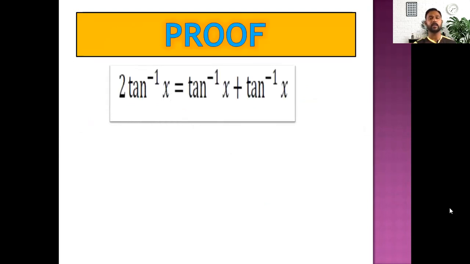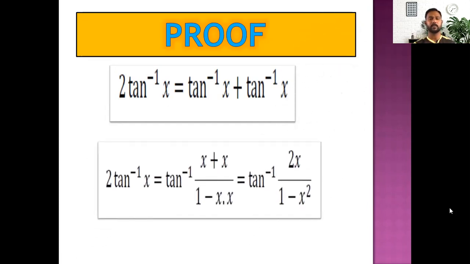We can write 2 tan inverse x as tan inverse x plus tan inverse x, right? So the right side is now of the form tan inverse x plus tan inverse y, but instead of y, there is x itself. Therefore, 2 tan inverse x becomes tan inverse of x plus x by 1 minus x into x, using x instead of y, which is equal to tan inverse of 2x by 1 minus x square. Now,